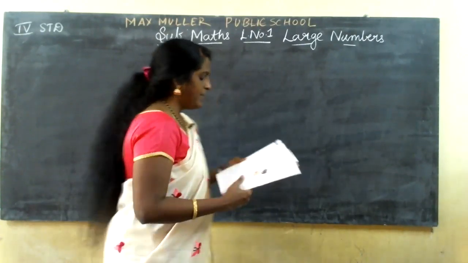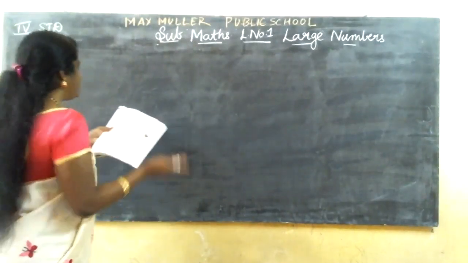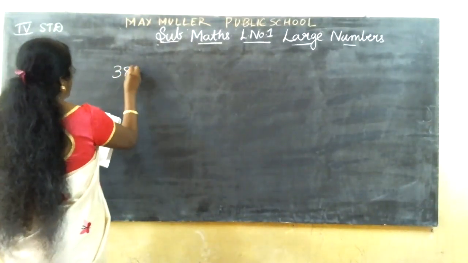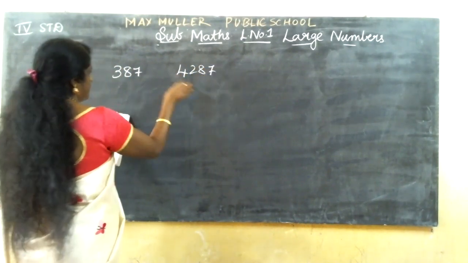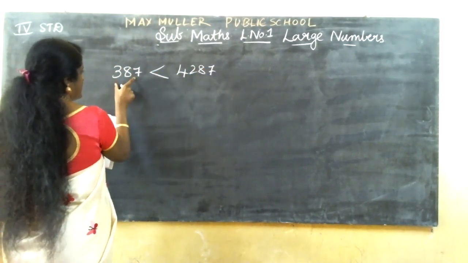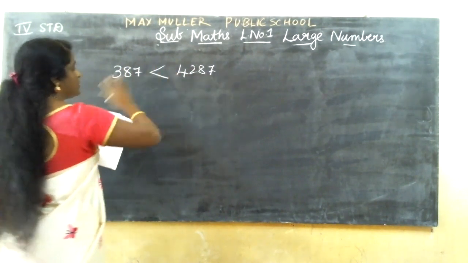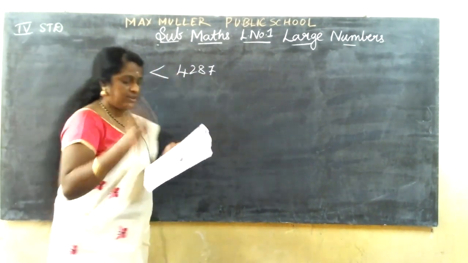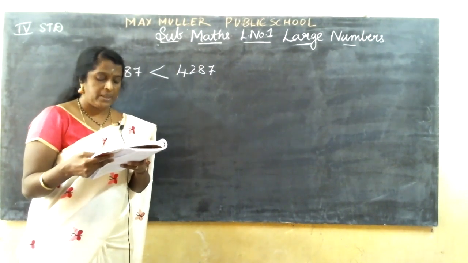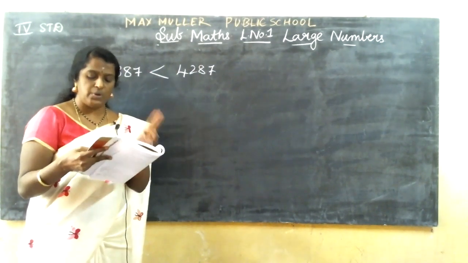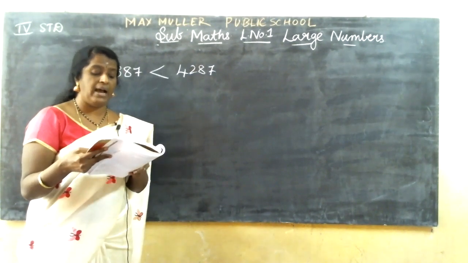For example 1, see here, 387 and 4,287. Which is greater? This is a 3-digit number and this is a 4-digit number, so the one with more digits is the greater number. When the number of digits is the same in two numbers,